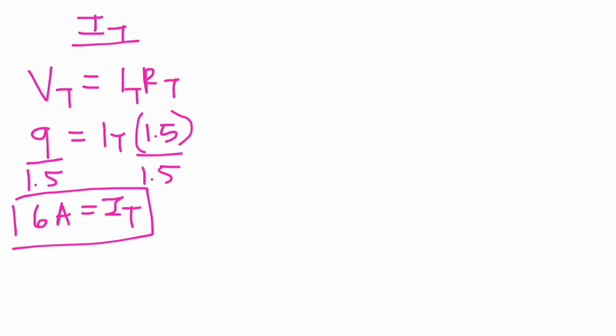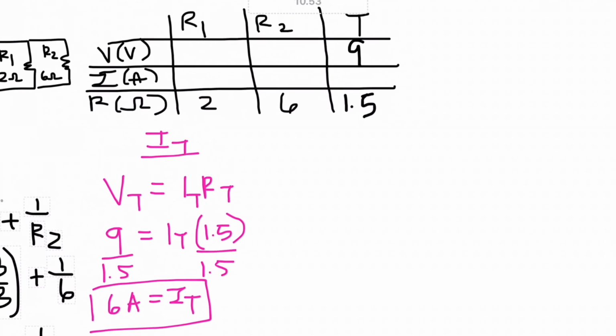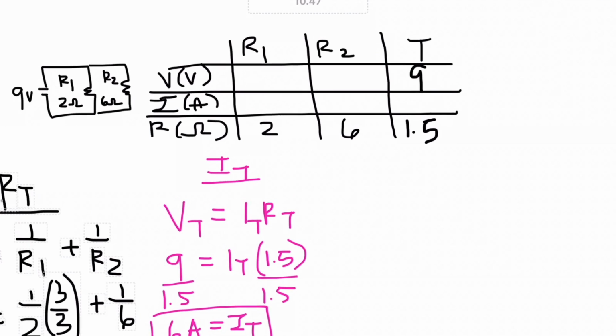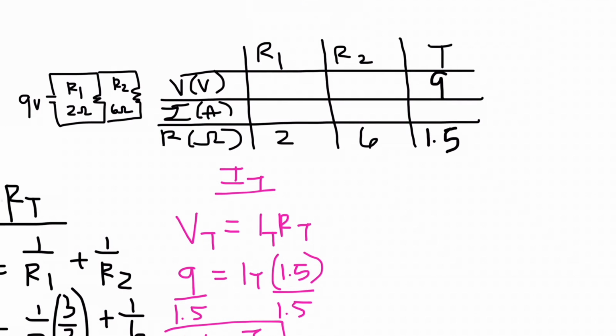And then we can fill that out on the table as well. So we have 6 right here. At this point, it looks like we don't know a lot, but we do. So in a parallel circuit, the current splits, and when it splits, it doesn't necessarily split evenly unless the resistors are the same. So in this case, the current is different through R1 and R2. However, you should know that